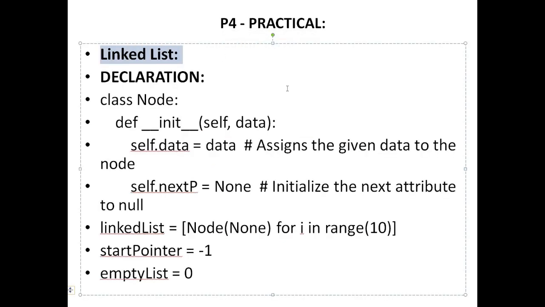Next is the case for creating a linked list. How do you declare a linked list? Now, normally what we do is declare a class. Probably we should have discussed this after the object-oriented programming part of Python. But since we don't have a lot of details about object-oriented in our syllabus, let's just go with it. Remember that linked lists are one of those data structures that cannot be directly implemented. For that, since you are at P4, I'm assuming you have already done chapter number 20 and you know what OOP is.